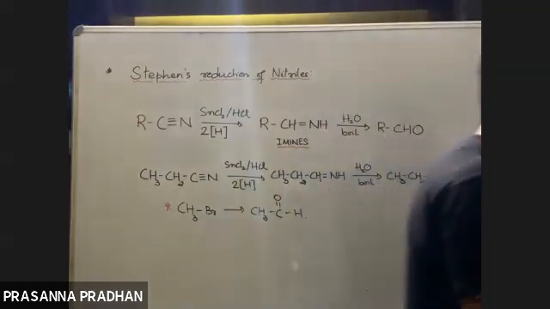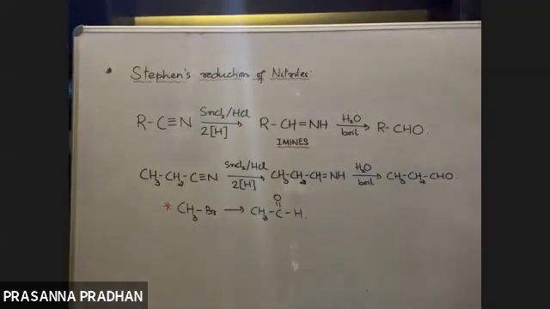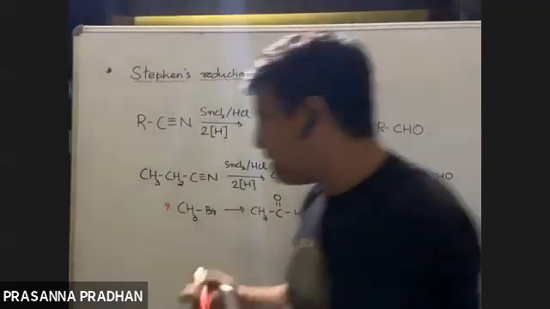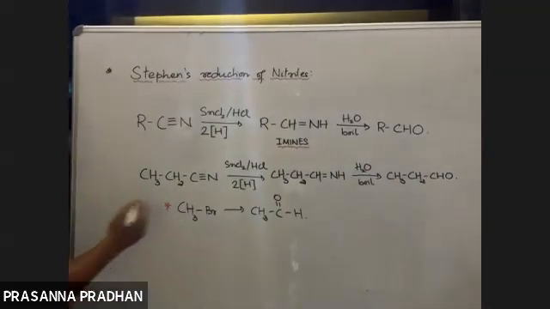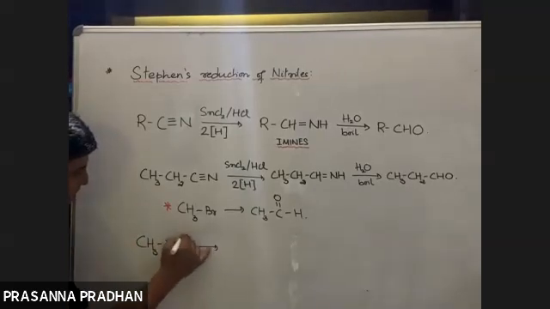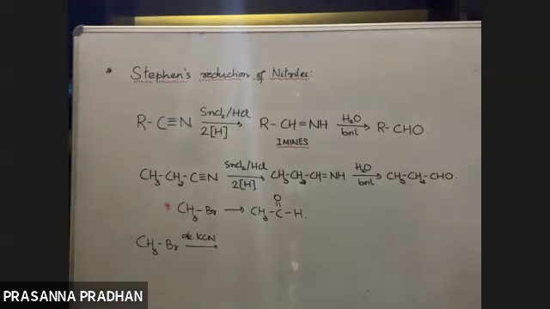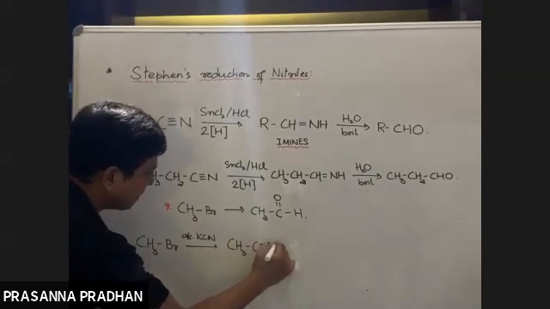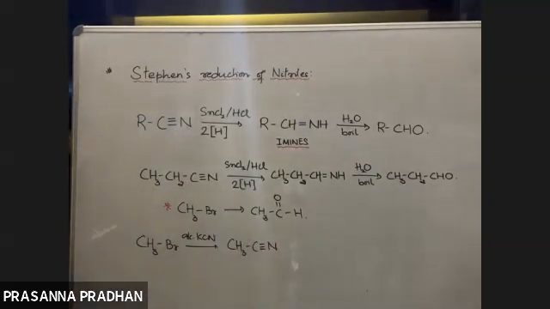That means we must step up the reaction. We must add an extra carbon. Yes, I have been telling you time and again. How do you add an extra carbon to an alkyl halide? What is the reagent? Yes. So any alkyl halide, when it is treated with alcoholic KCN, we have been doing this in the first chapter. So what will happen here? Directly cyanide will add like this. Cyanide will add, and one carbon is increased as desired.